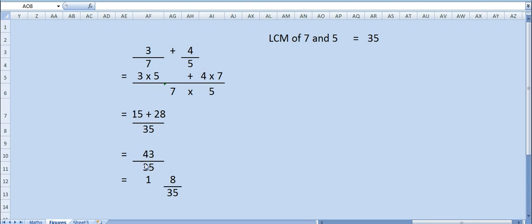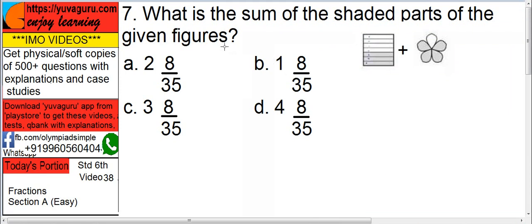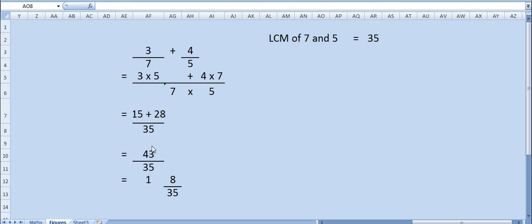Convert this to mixed fraction. Why mixed fraction? Because in the answers mixed fraction is given. If in the answers normal fraction would have been given, meaning proper or improper, then we would have kept 43 upon 35 only. Depending on the answer given, you have to do. So 35 1 is 35 plus 8, 43. So 1 8 by 35. B